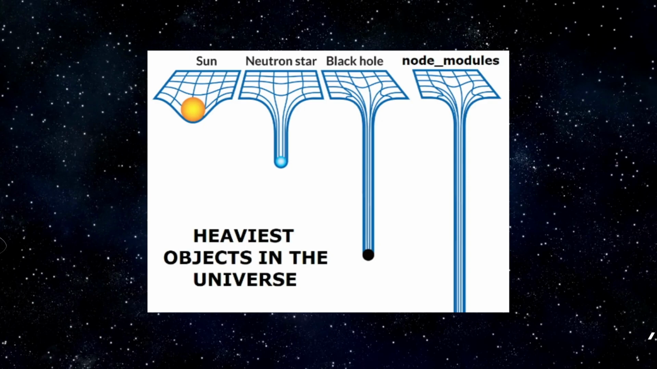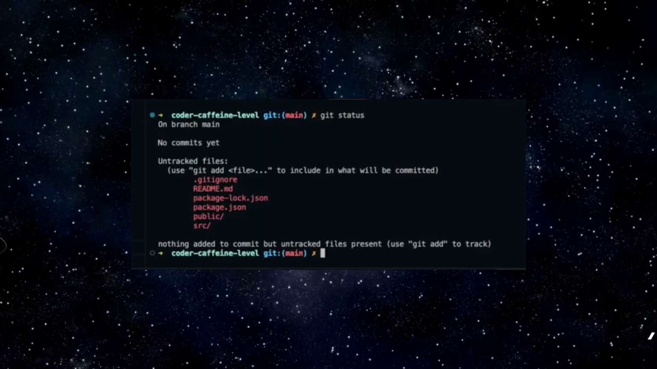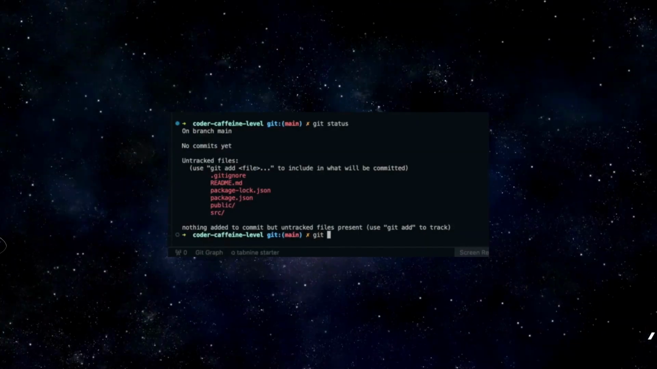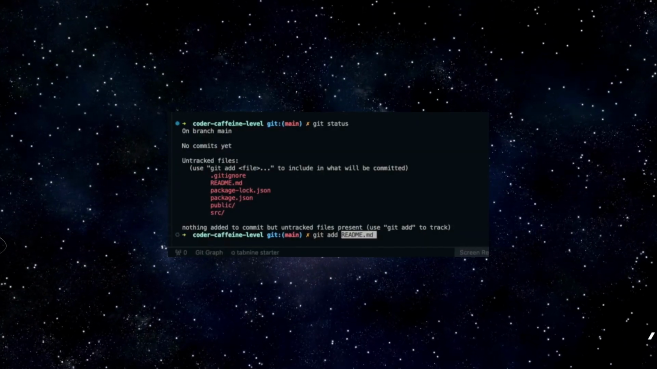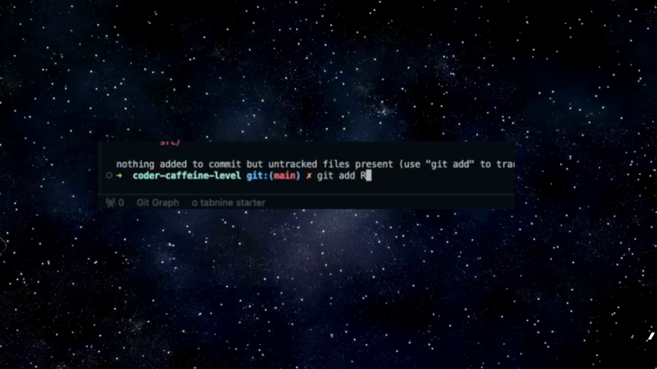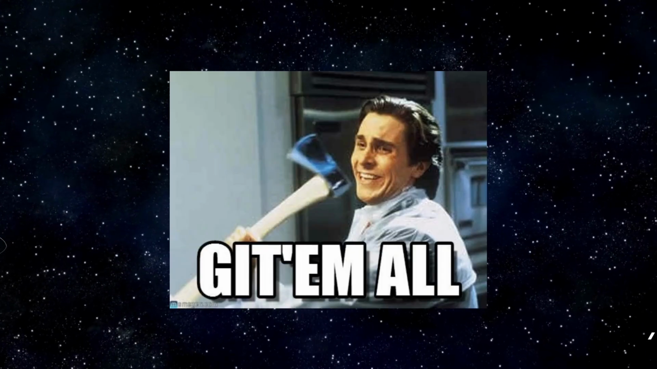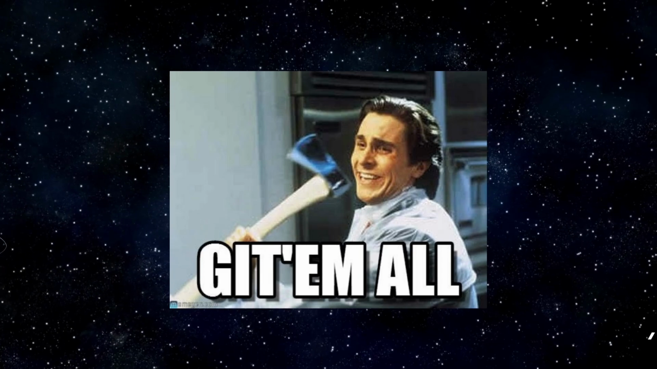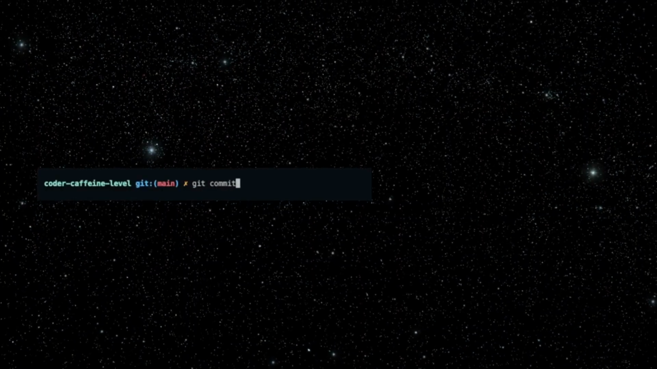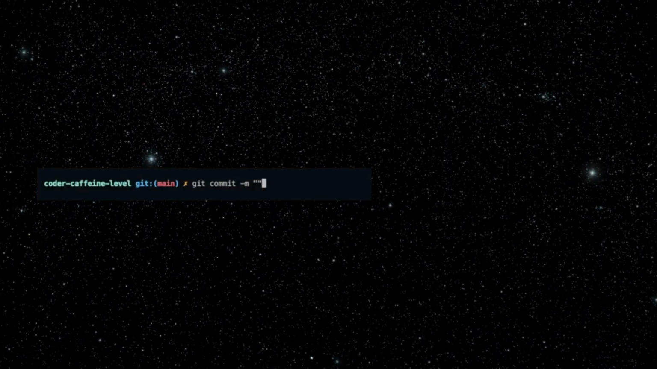By typing the command git status, you can see tracked files, and if they are in the staging area. Each file can be added to the staging area by the command git add, or you can add all files by git add dot. Then it is needed to commit files to the local repository, but it is the hardest thing